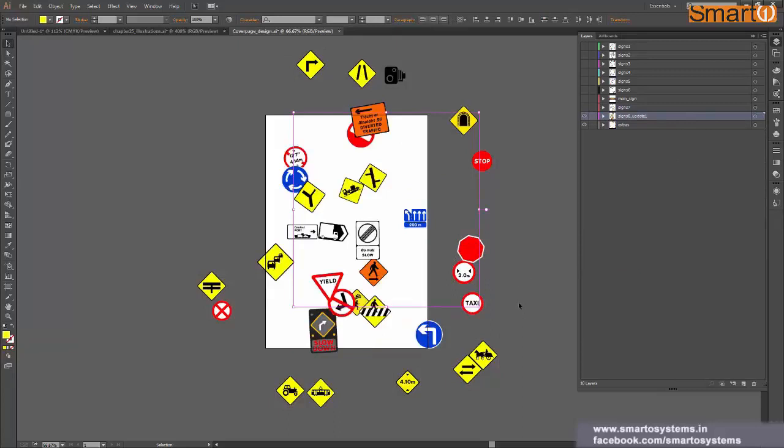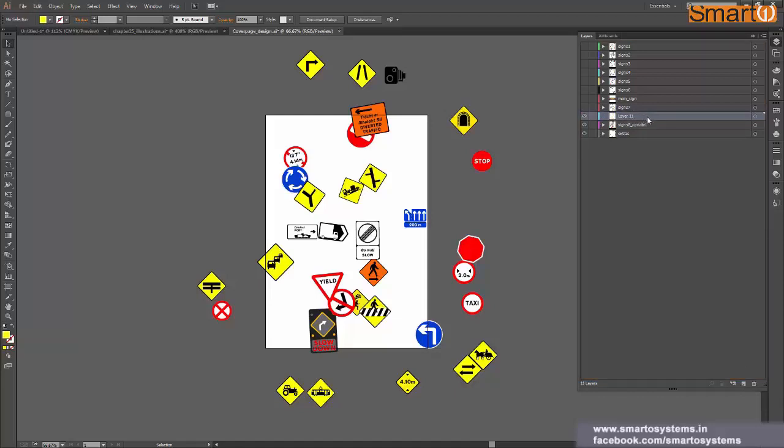Okay, so with that covered, there's some kind of bug here. It's showing a bounding box, and okay, now it is gone. Okay, now let's see some of the options. How can we create and delete a layer? So if you want to create a new layer, you have this icon here which says create new layer. So just click on this and it will create a new layer for you.